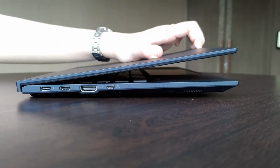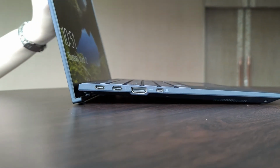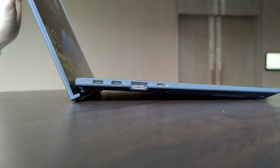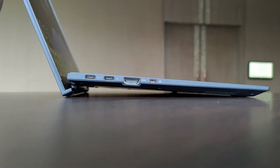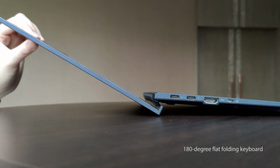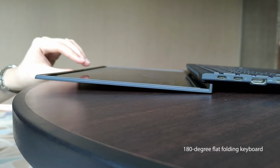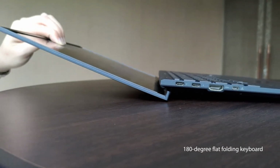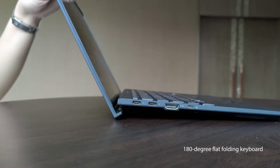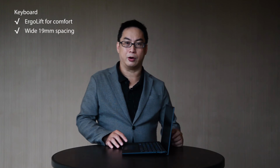To be a good business laptop, the B9 must also produce a great typing experience. So for the keyboard, it features Asus ErgoLift system that tilts it for comfortable typing. And the space below the keyboard that this system creates improves cooling as well as audio performance. The keys are subtly indented for typing precision. They have a comfortable spacing like that of a full-size keyboard, and they also have a long 1.5mm travel